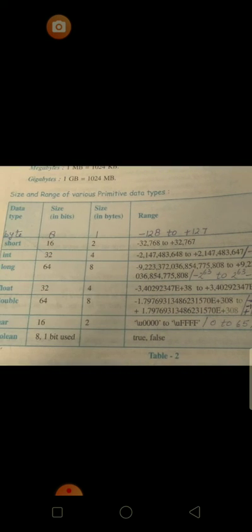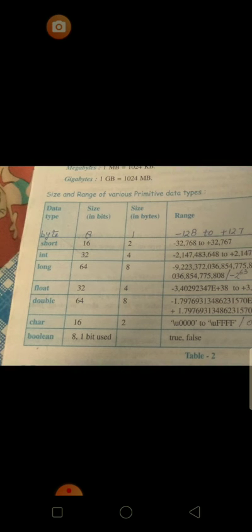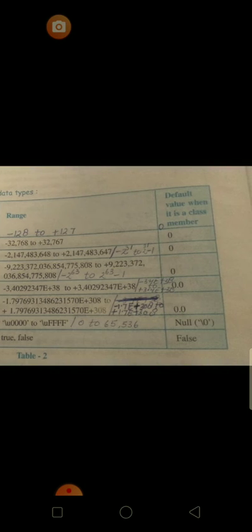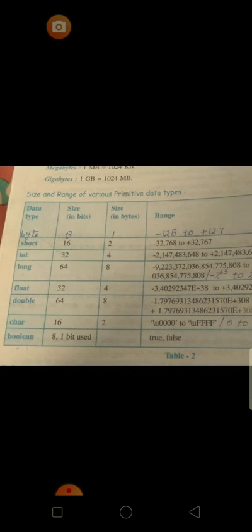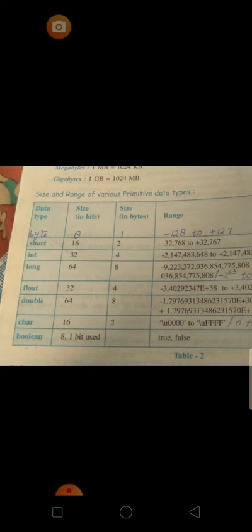The default value of all integers is 0, the default value of all fractional types, float and double, is 0.0, the default value of char is null, and the default value of boolean is false.